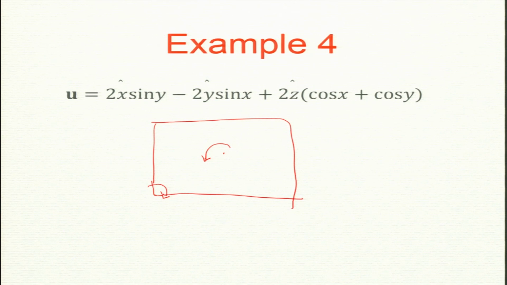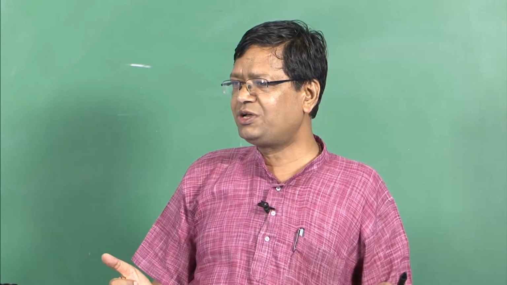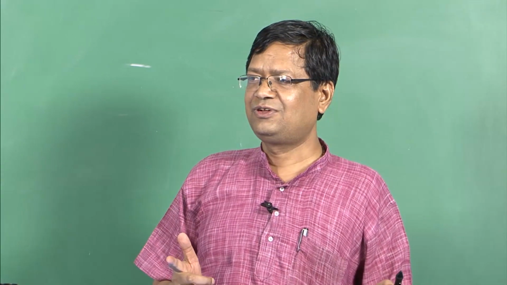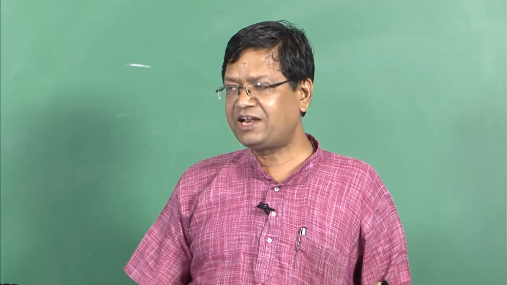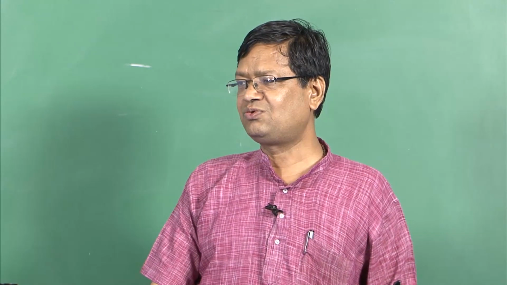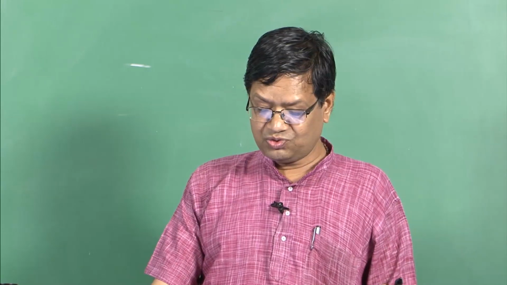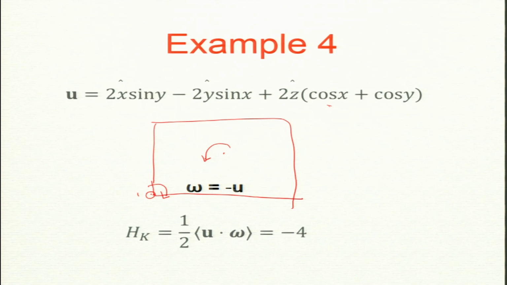Yes, okay. What about vertical velocity? This one here, what is the vertical velocity? Positive. I did not change the vertical velocity, I only changed ux and uy. So it is positive. So my vorticity is down, my vertical velocity is up. So what happens to u dot omega? Negative. In fact, in this example omega is minus u. You can just work it out, omega is minus u. So hk is maximally negative, because if omega and u are totally opposite, then u dot omega will be maximally negative.